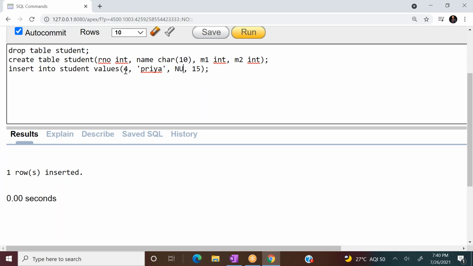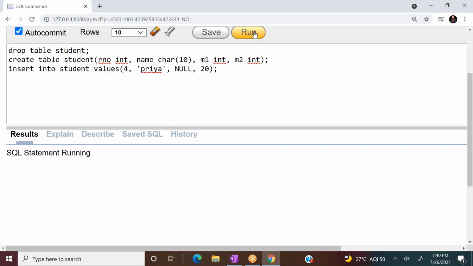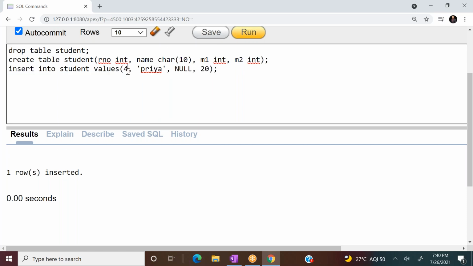And I don't want to insert any value here, so I have to use null. Some values I have inserted. Just let me insert, it won't take much time.